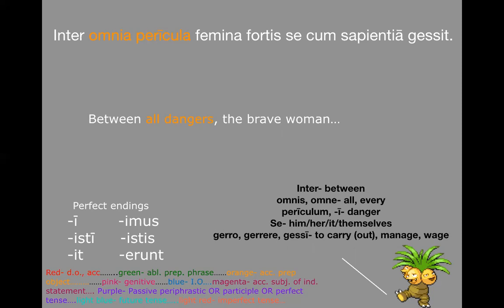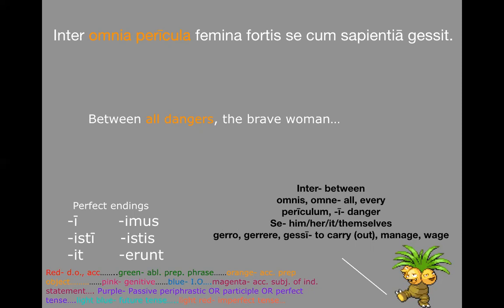So we had three imperfect tense verbs in a row. Now we have a perfect tense. It's definitely not imperfect because it's not gerebat. So let's guess it. You can kind of translate it the same way, though. But I don't see anything about war, so I don't think we're waging war. Maybe manage is better here, or carried. The brave woman carried or has carried. Se, third person